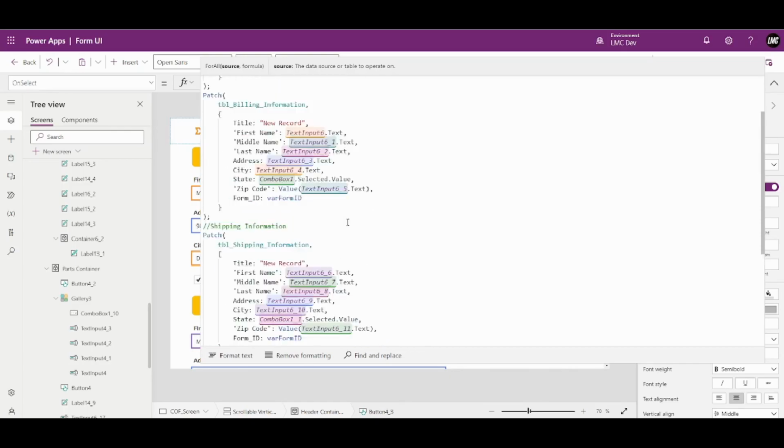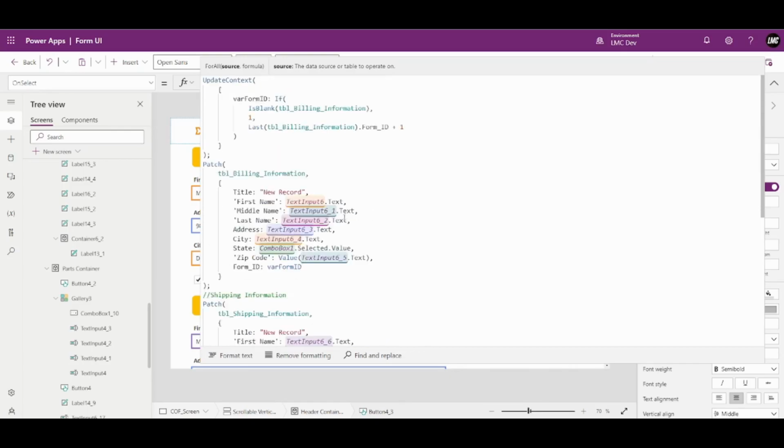Now what we will do is learn how we can update. So this was like if I was adding a new form, right? If I was adding a new form, it was like this. Now if I wanted to update,